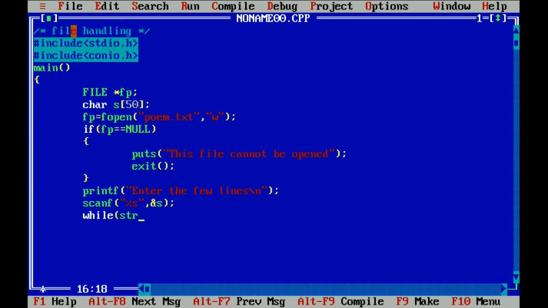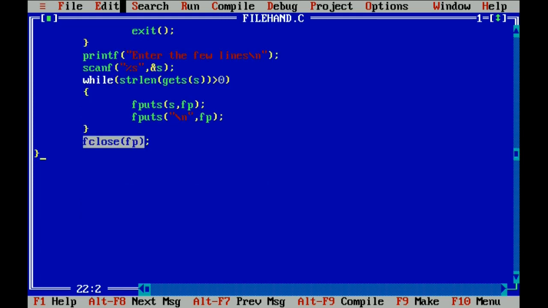scanf with percentage s, comma s. While up to the string length, get of s, that is the s variable, from the s variable up to the last, f quotes.